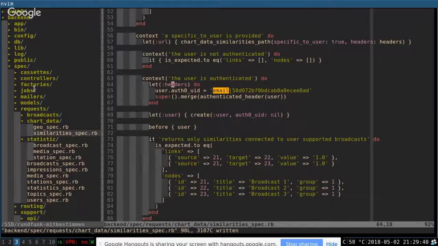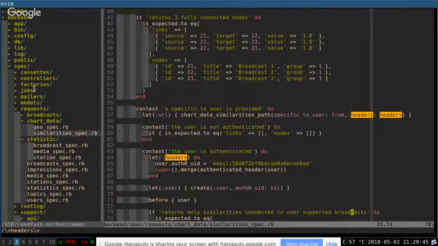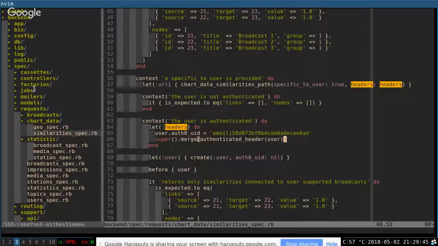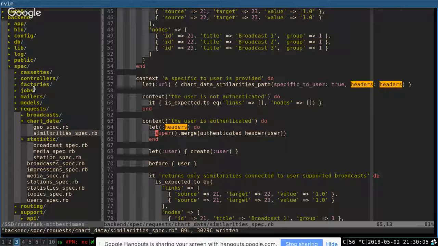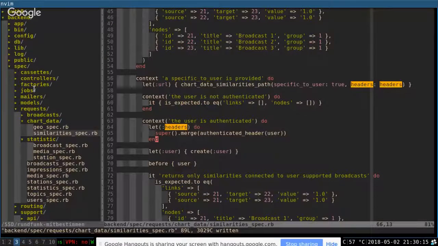Like we have headers here. No auth0 user ID. Why do we need no auth0 user ID? Absolutely weird. So yeah, we can just use merge authenticated header as long as you don't do anything with the user itself.